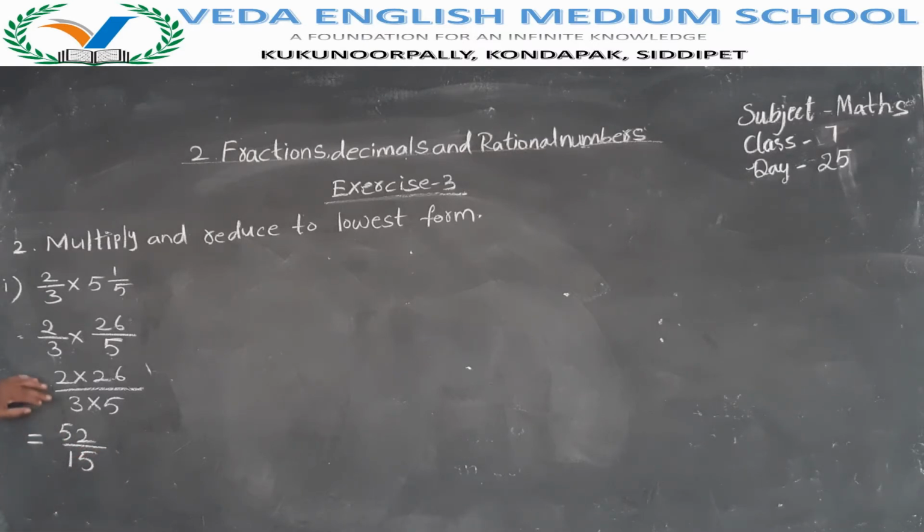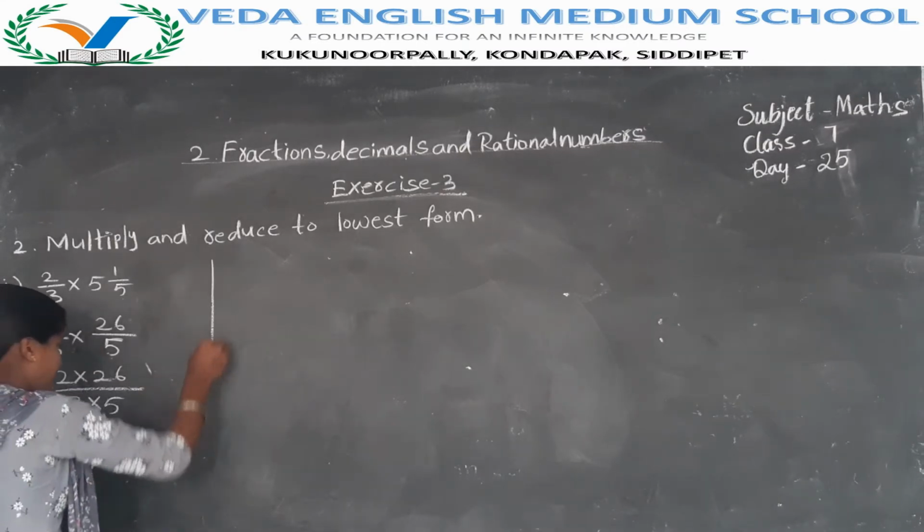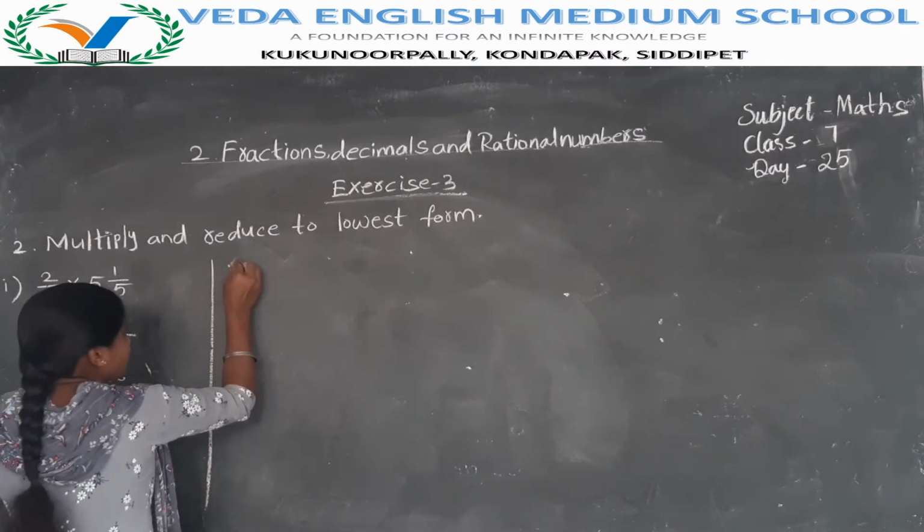52 by 15. Is it possible to cut these two numbers in any one table? No, there is no more possibility. So multiply and reduce to lowest form. We have multiplied. Multiplication has completed. But to convert the given fraction into its lowest form, there is no more possibility to cut, so you have to leave it like that only. If there is a possibility, you have to cut. If you don't have any possibility, then you should leave it like this. Next, second question is